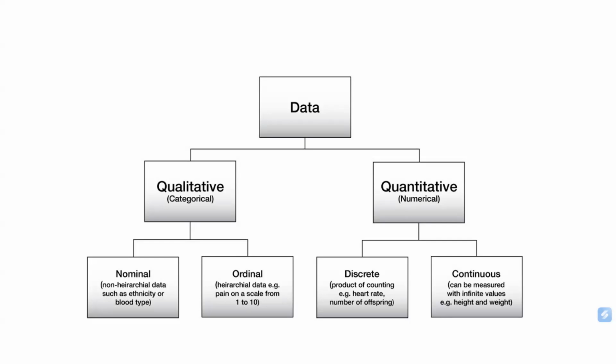Let's say gender, male and female, right? So that is a kind of categorical data. Even a very basic example. When it comes to the quantitative, it is numerical. So let's say height of a person or weight of a person or heart rate, right? That is called quantitative data in general.